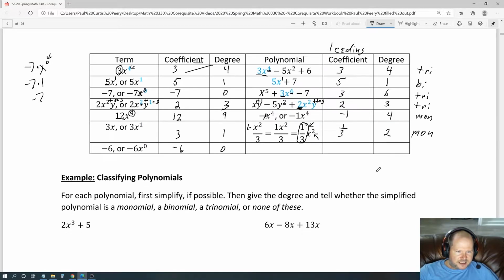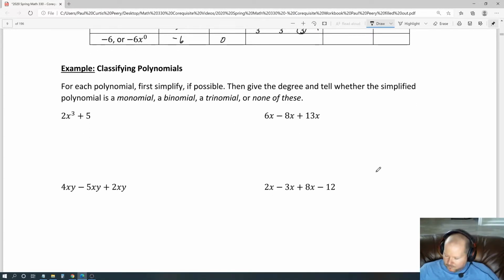Let's try classifying some polynomials. Okay, we've already done some of these, but more practice. Practice, practice. So for each polynomial, first simplify if possible, then give the degree and tell whether the simplified polynomial is a monomial, binomial, trinomial, or none of these. Okay, so